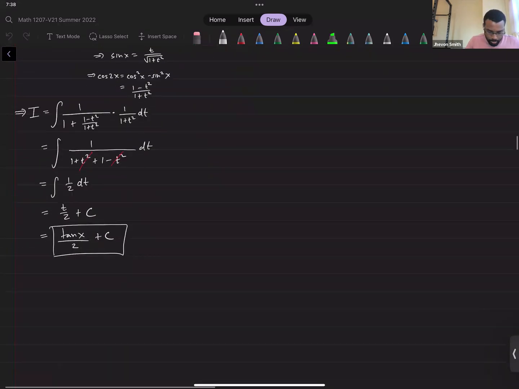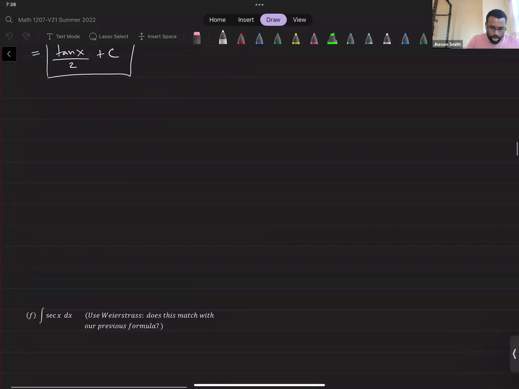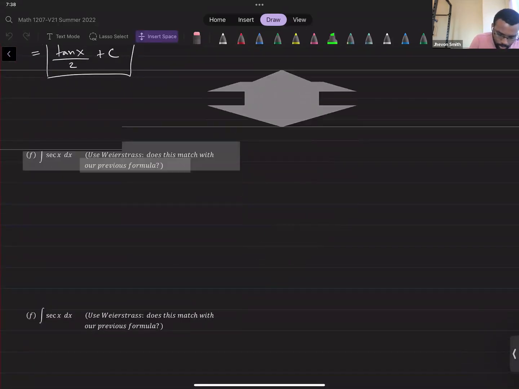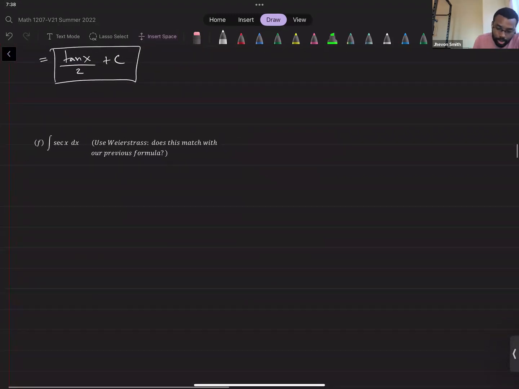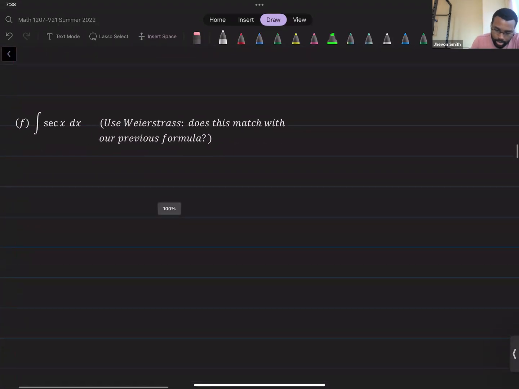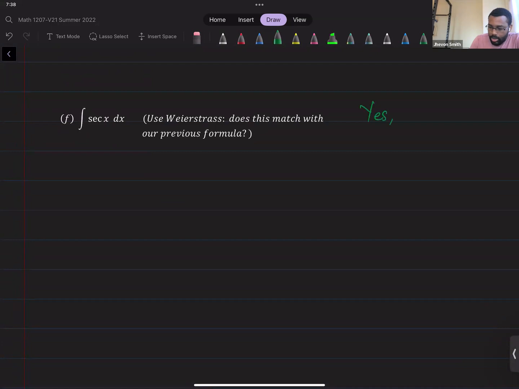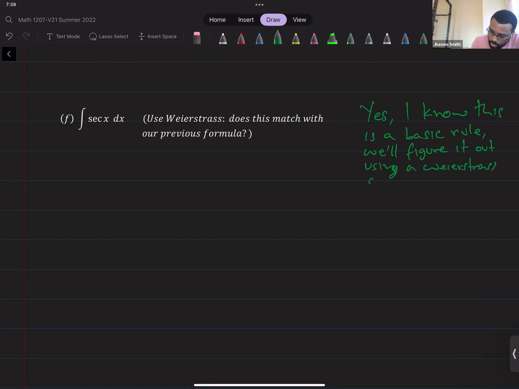So finally, this is going to be a nice example. Yes, I know this is a basic rule. We'll figure it out some other way, using a Weierstrass substitution though. The nice thing about the Weierstrass substitution is it's constructive, and you don't have this random sort of thing